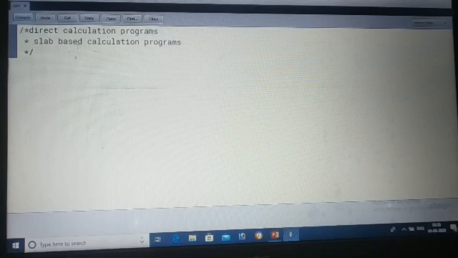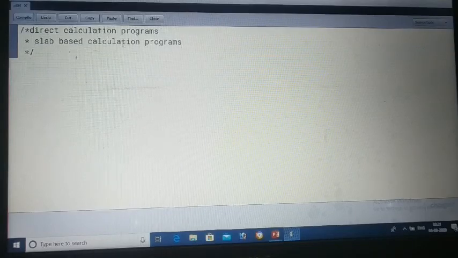Direct calculation based programs, you can take the example that suppose you are going to a mall, and in the mall there is a shop that is giving you various discount options. For example, the mall is saying that if you purchase a particular number of shirts, for example, if you are purchasing one shirt up to 500, you will get no discount.